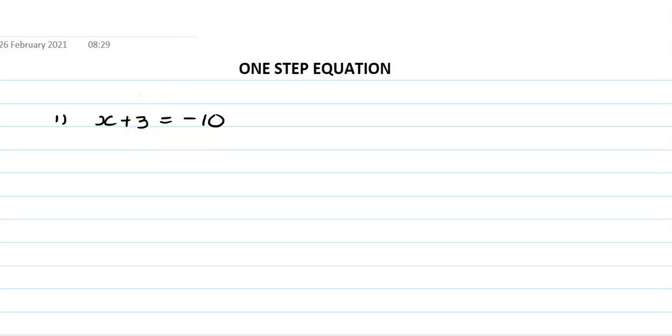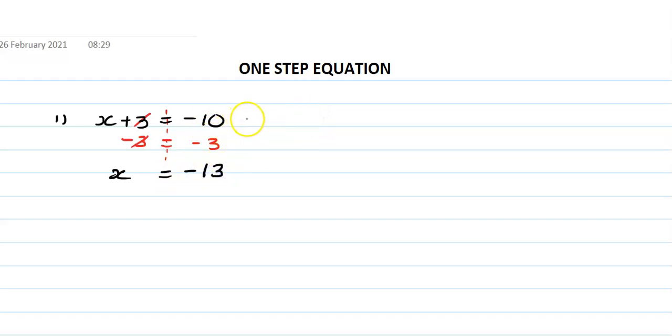The best way is, first of all, you put an equal sign underneath the equal sign. Whatever number is here, that is plus 3, put the opposite sign with the same number. So it is plus 3, so you do minus 3 on both sides. This plus 3 and minus 3 will be cancelled, so we are left with x, then again an equal sign, and this minus 10 and minus 3 is minus 13.